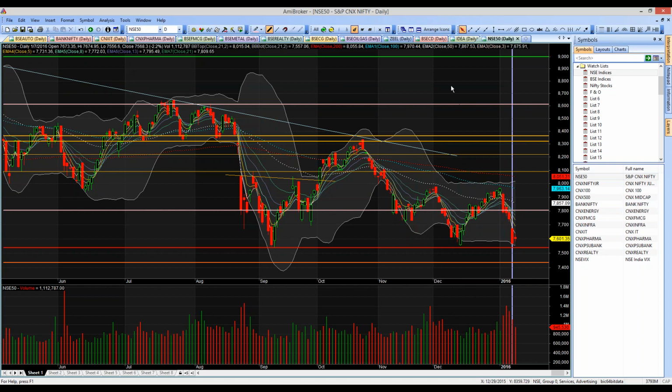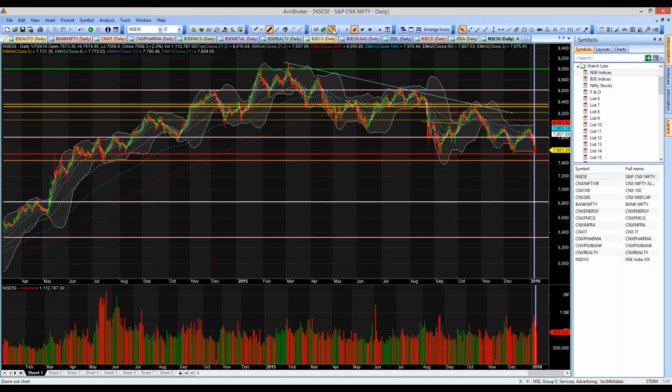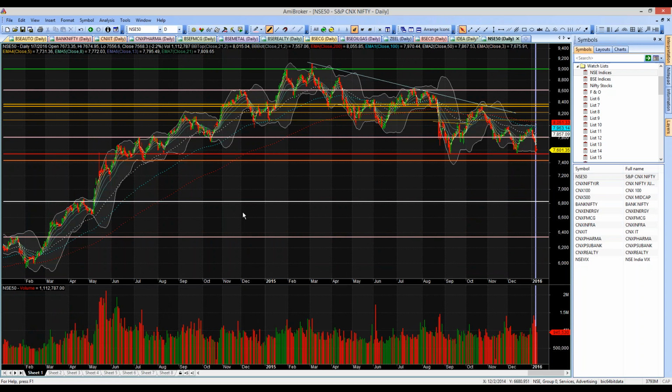All these other trend lines and all are studies that I have put on my chart. They are not part of the template, right? So on sheet 1, the template only consists of those various moving averages, the Bollinger Bands, candlestick patterns, candlestick chart, and the volume at the bottom, right? So that's it. Next is